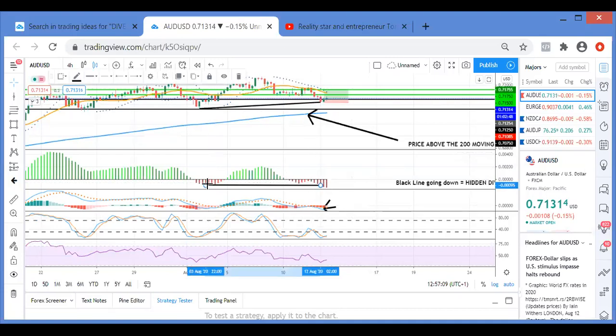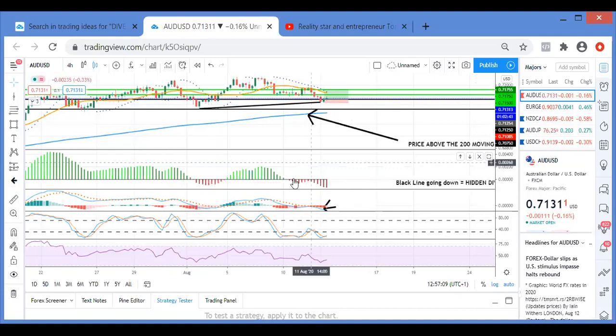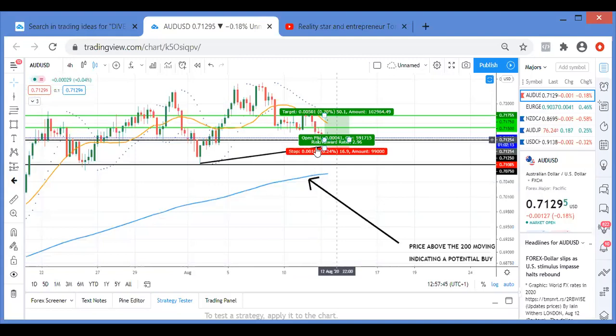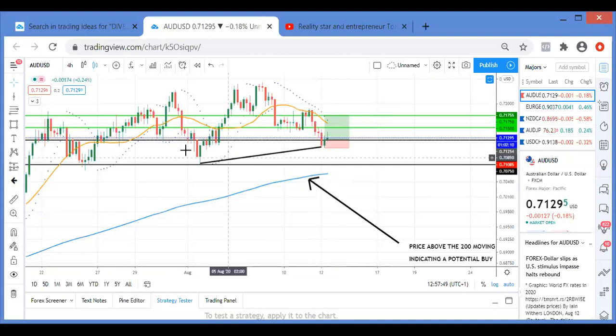anytime I see these red areas here, so for instance, this red, and you have this red. Bearing in mind, guys, because I want to buy, because it's above the 200 moving average, I'm looking for a low. But the second low that I see, I need to see hidden divergence. So as an example, here I see one low, and then I see a second low. On the market, I don't want this low to go below this low.